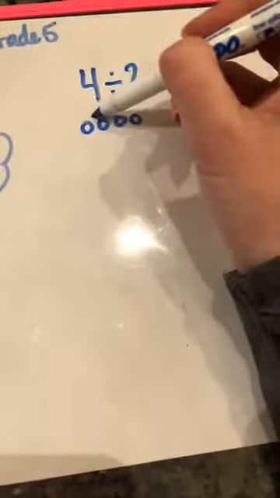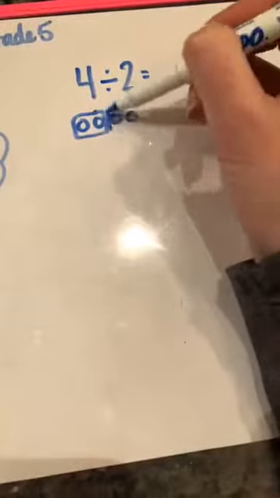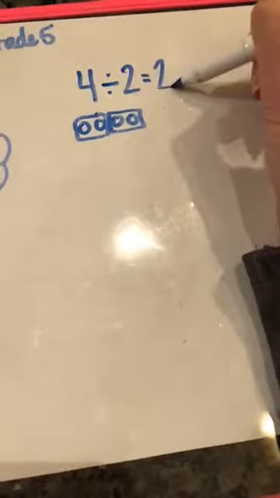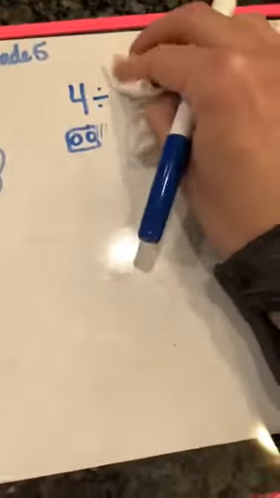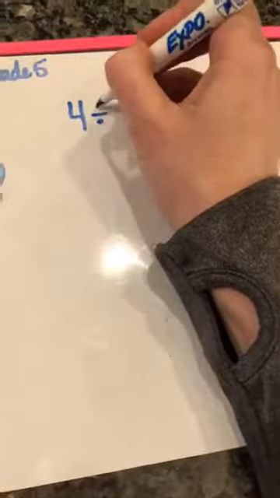And if I was to draw that out, I would start with my whole, which is 4. I would find out that I have 2 equal groups of 2. Okay, so that's basically where we start with division. But now what happens when we take this and we switch the gear into